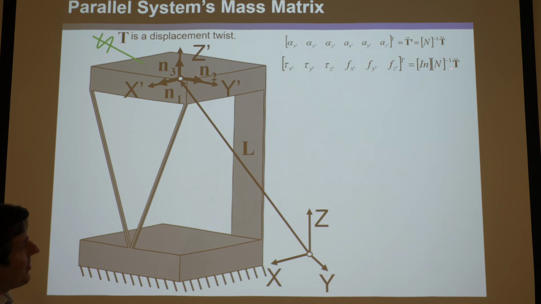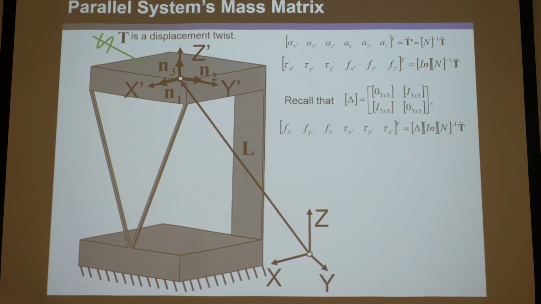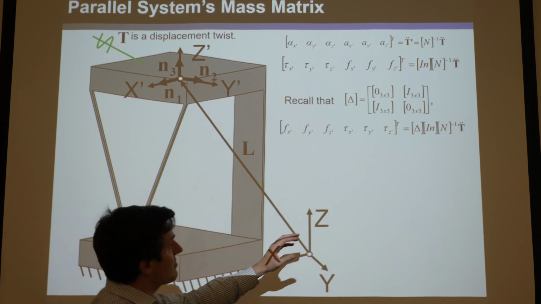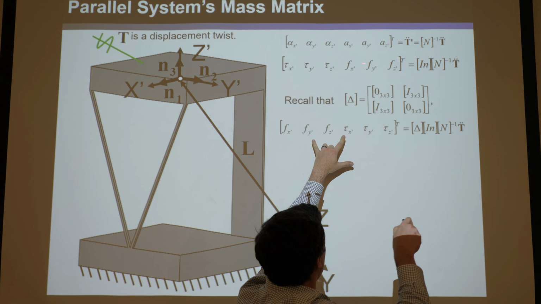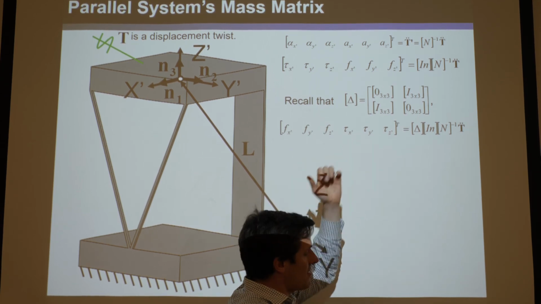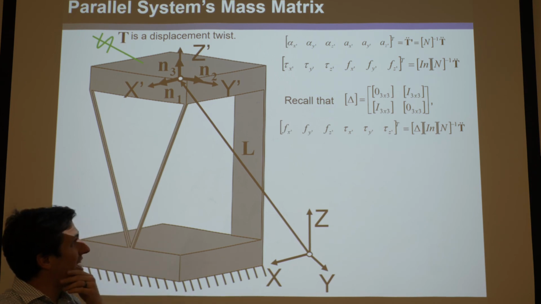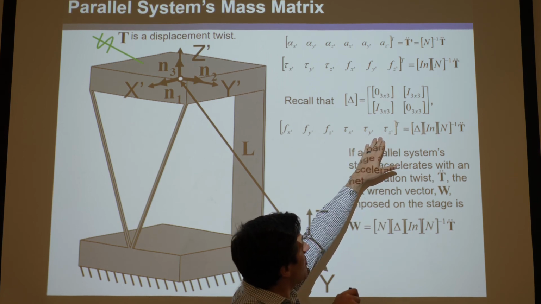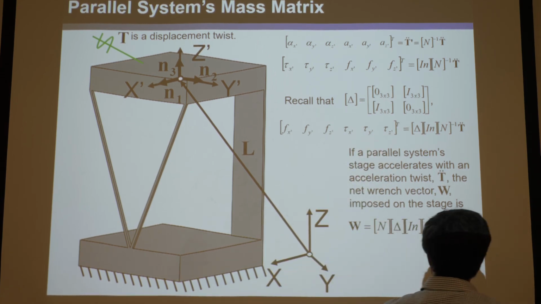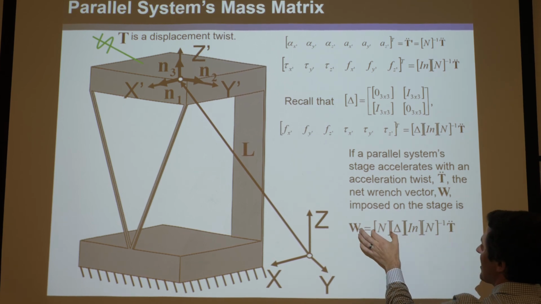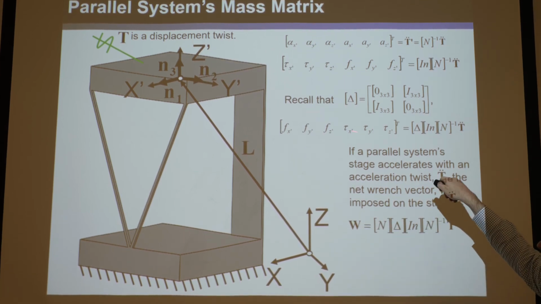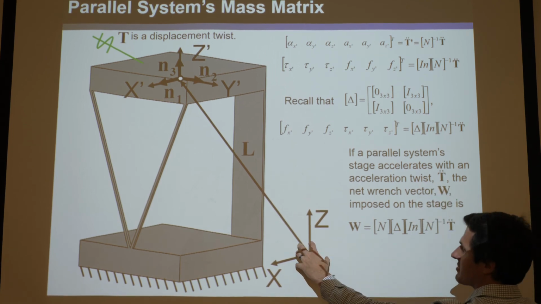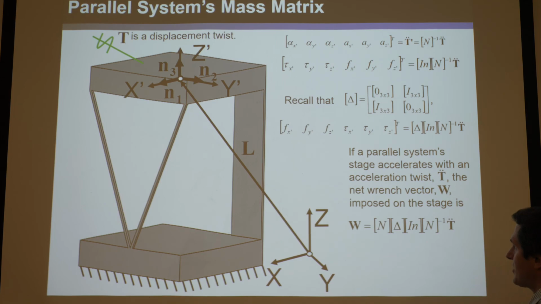Okay, so hopefully you can see how tau double prime equals the inertia matrix times n inverse times the acceleration twist equals this. Again, this almost looks like a wrench. Let's multiply it by this delta matrix, the 6 by 6 matrix we invented essentially to switch the location of the taus and the forces. So we get the linear components first and the taus later. That just is nice bookkeeping in math. And then you can multiply these by n, the transformation matrix, again not inverted. So you take all this, times this not inverted, and it will linearly combine all these together as if it's with respect to the global coordinate system and take a wrench back to the global coordinate system. So this equation essentially is F